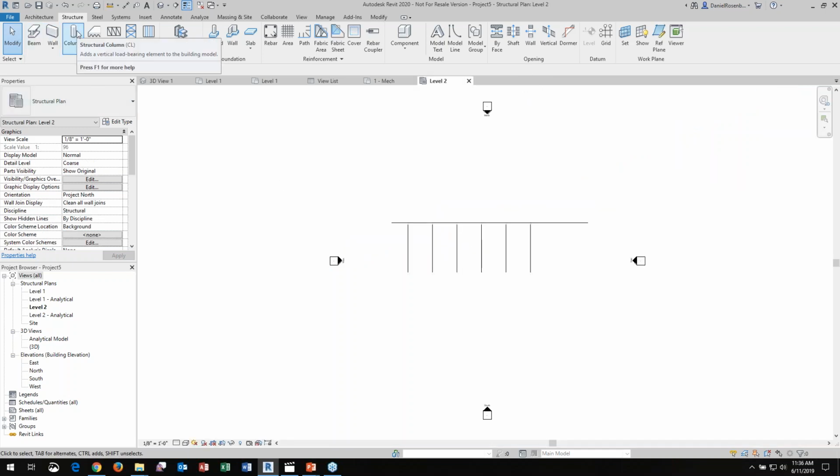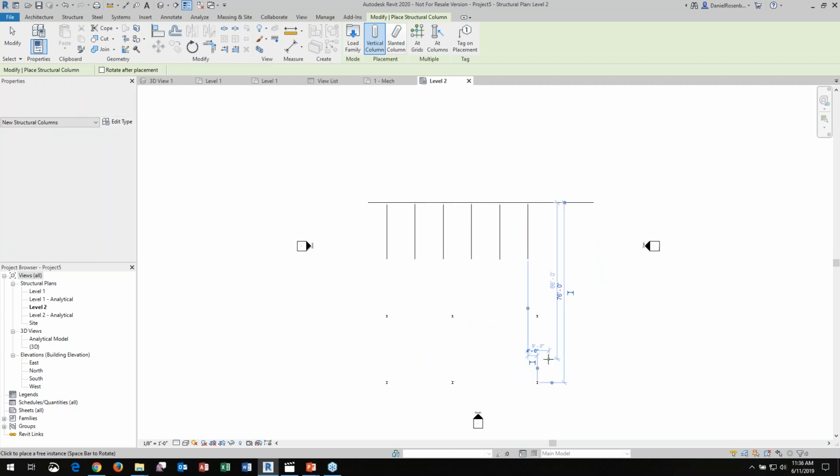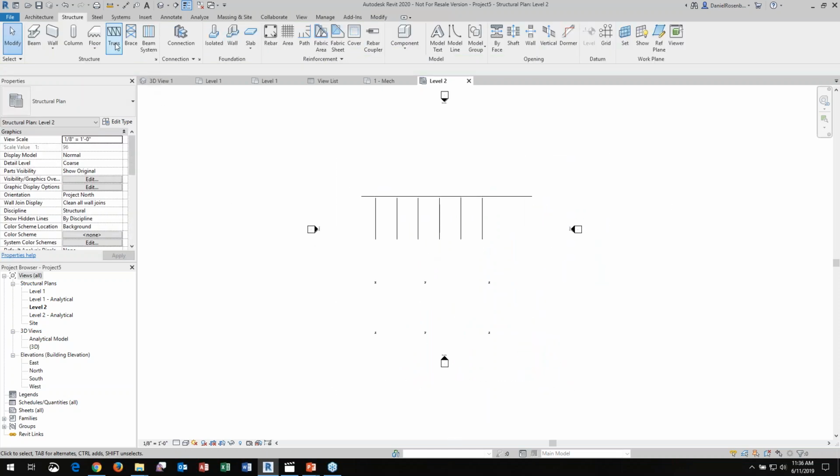Yeah, so we got time. Why not? So let's say I just put a couple columns in here. I just wanted to show the base plate one just for the heck of it. So let's say I've got these columns in here. Maybe if I go to 3D,